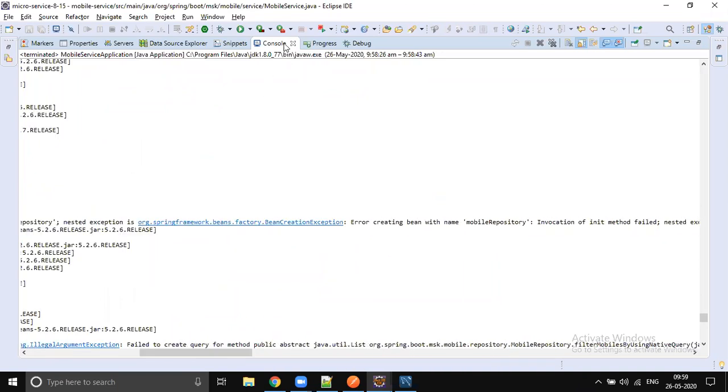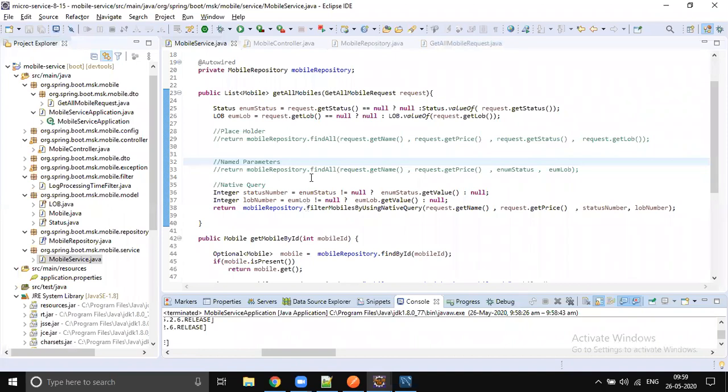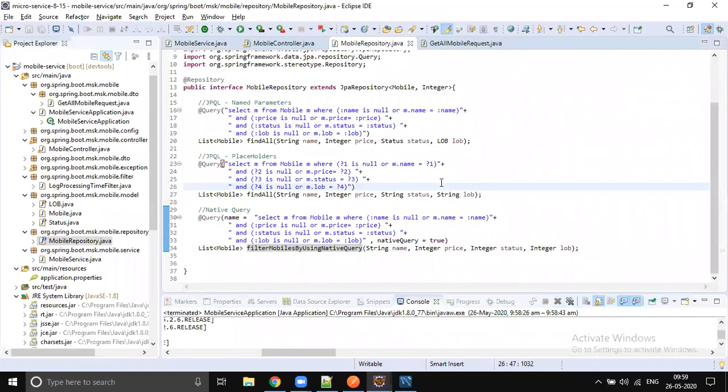Okay, oh, got it. Can somebody guess why that exception is coming? Any idea? Any guess? People are dropping.